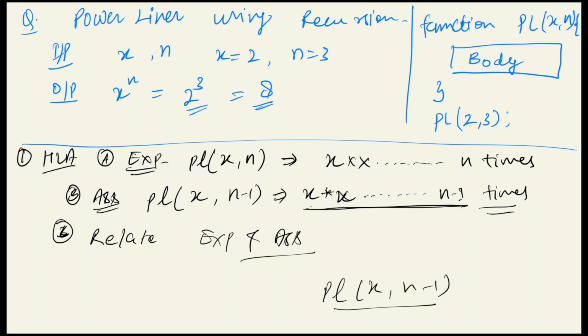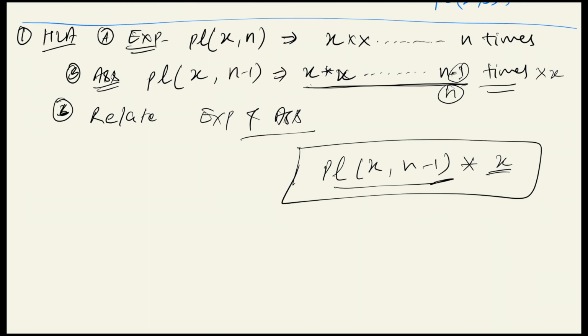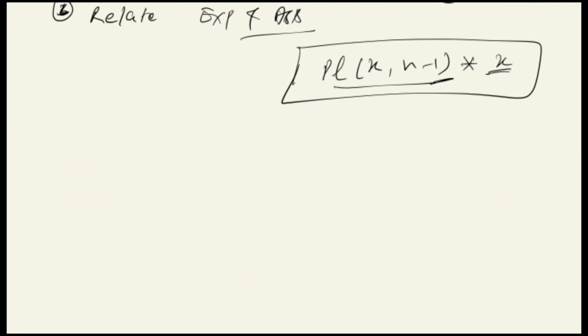Okay, if we are multiplying one more time, then it will go up to n times. Okay, so here minus 1 will be discarded, so our expected output will be found. So what will we do inside this assumption and expectation? So here we will multiply x one more time. Okay, so this will be our logical function,